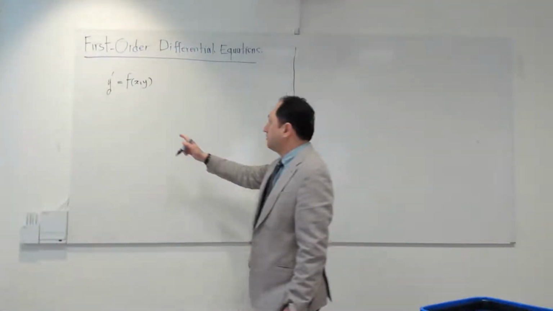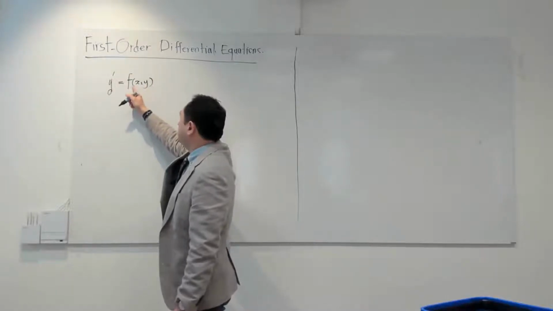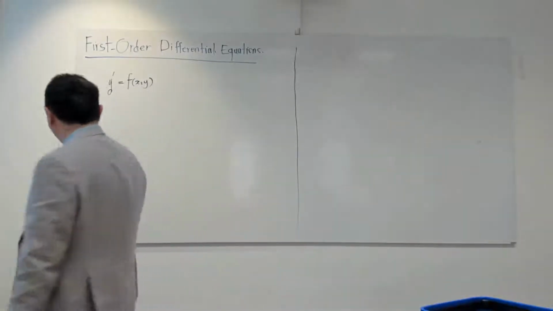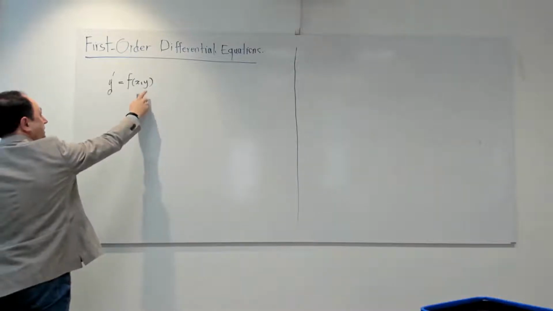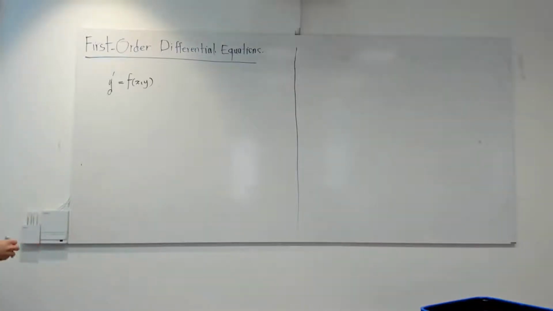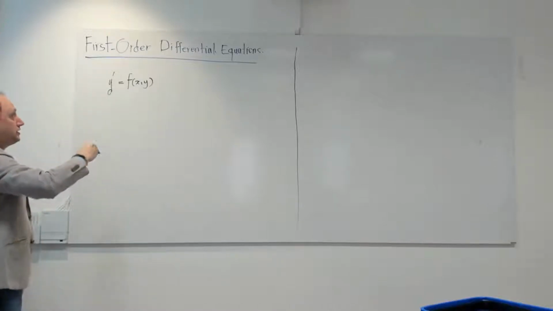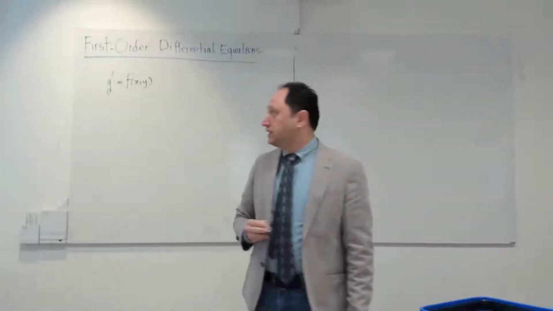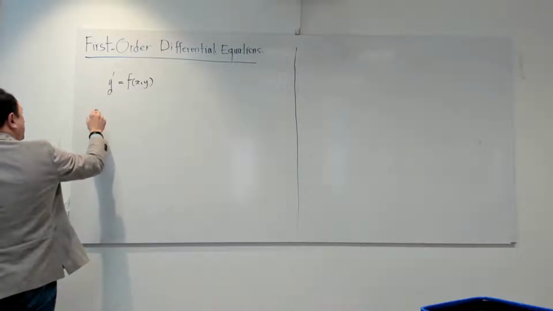Okay, so here what I have written, of course, you probably haven't seen this situation. This means that you have an expression in terms of x and y. Unfortunately, you cannot say that I can just integrate and solve it, because the unknown function also appears on the right-hand side. So that's the problem. This is why mathematicians categorize these first-order differential equations into simple cases, probably important from an application point of view. And one of the ones that we want to talk about today is first-order